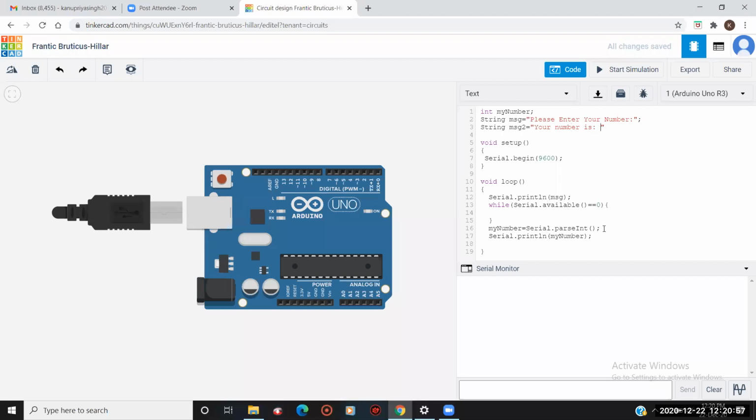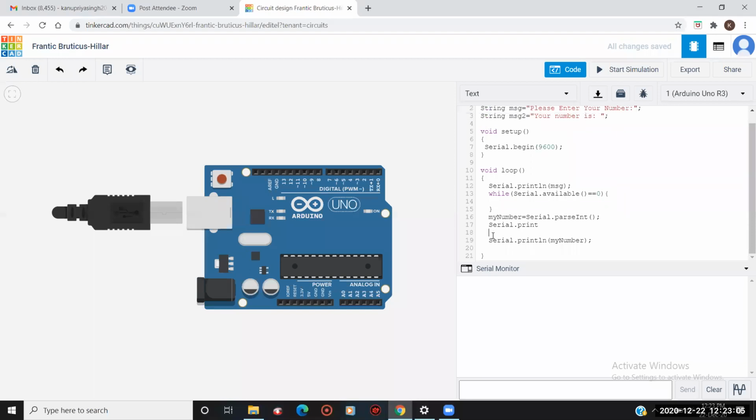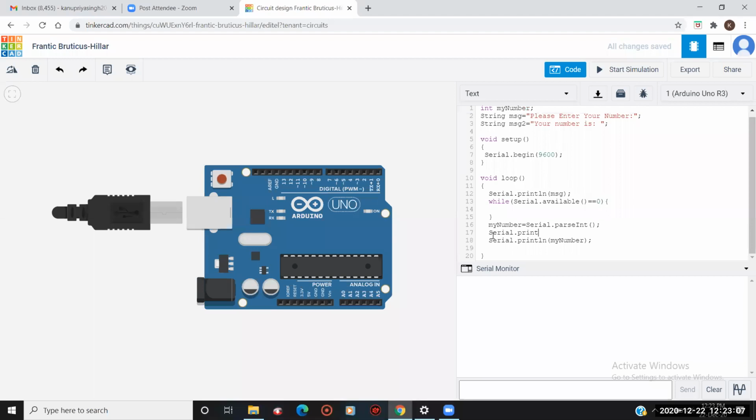Okay, so as I have given this message here, in the loop I have to add a command so that this message will get printed. Oh, I forgot to terminate this line. Okay, so given so many spaces here, I just have to do this. So I want to print this message also.